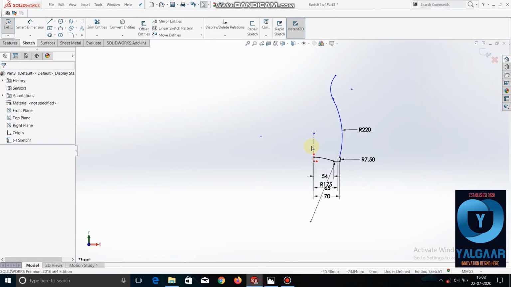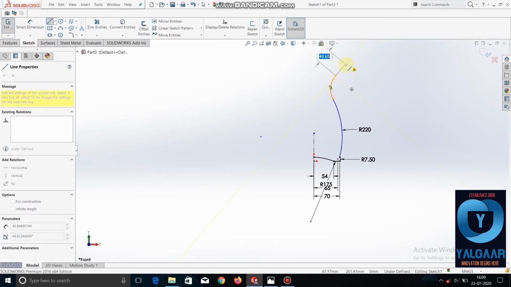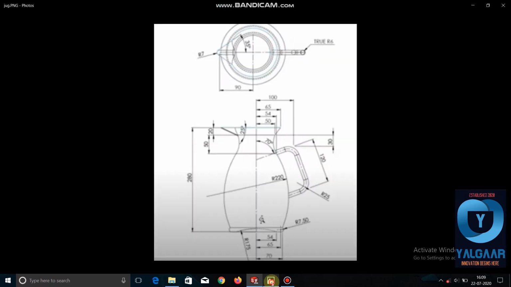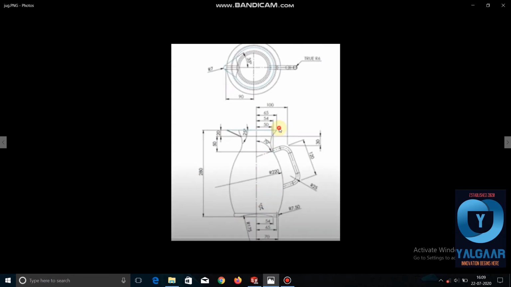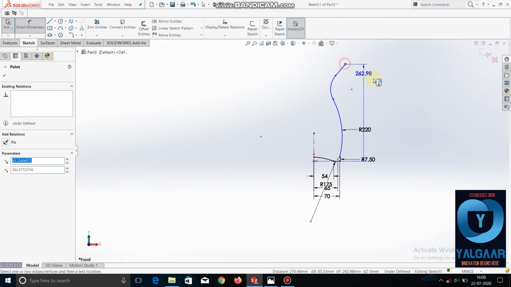So we will draw one straight line here. Here we can see that the height of the jug is 280 mm from the bottom to this top. So I will give that dimension here, 280.